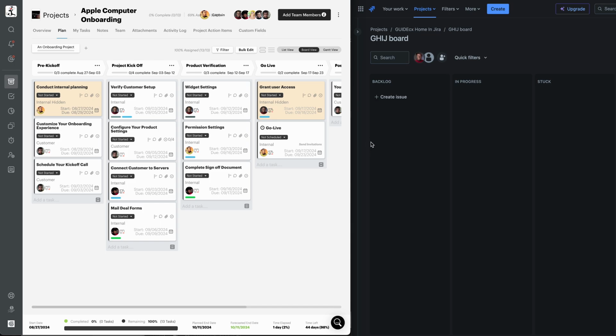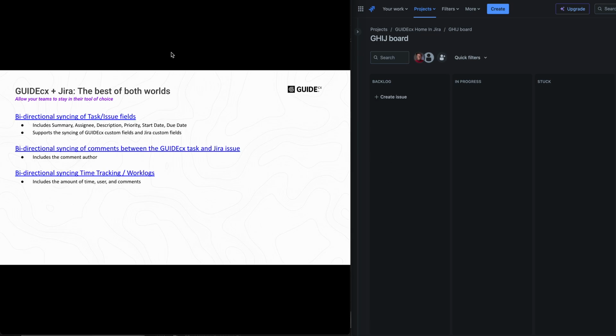Okay, so we'll start to see it creating the epic and issues. And while it's doing that, let me just explain a little bit more about what actually is syncing. So we have bi-directional syncing between the GUIDEcx tasks and the issues in Jira. And we're syncing things like the Jira issue summary, the assignee. So you can assign the task in GUIDEcx, and it'll be assigned to the same user over in Jira. Or you could leave it unassigned in GUIDEcx, and perhaps you have a workflow in Jira that does the assigning